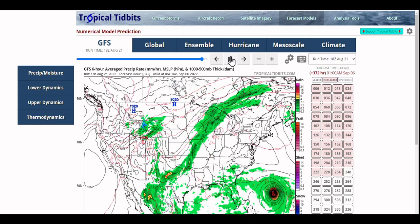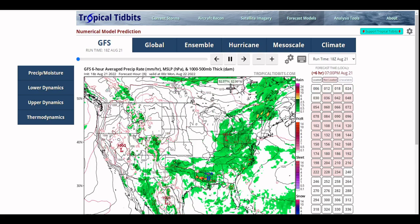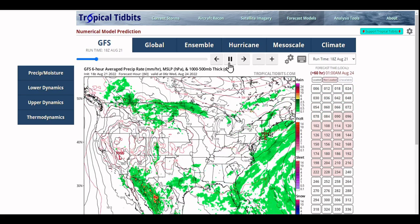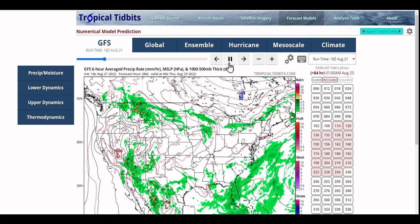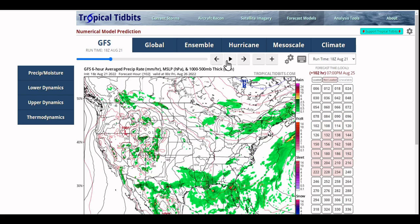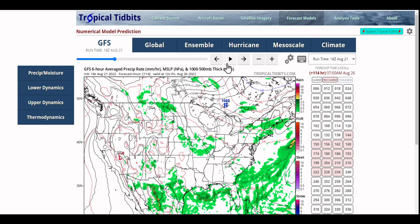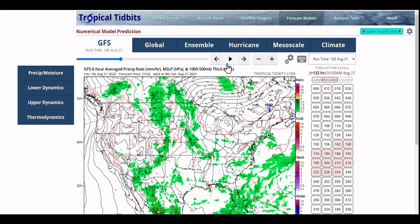But the models, as of recently, have been showing an increase in the tropical activity, and that may not seem like a sign of fall, but usually it is, because hurricane season typically peaks across the Atlantic Ocean in late August, early September, and there have been years where the activity actually peaks closer to October, and that certainly is an indicator of fall. I remember so many times throughout my childhood, especially the recent years, going back to school